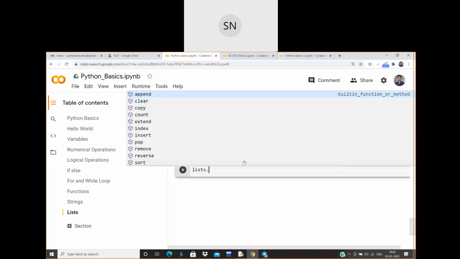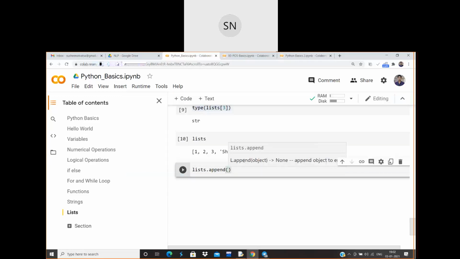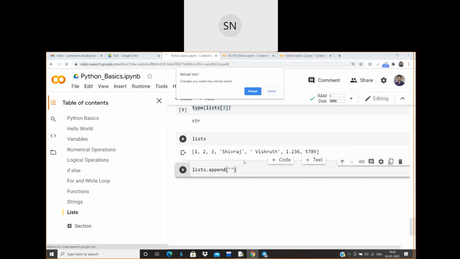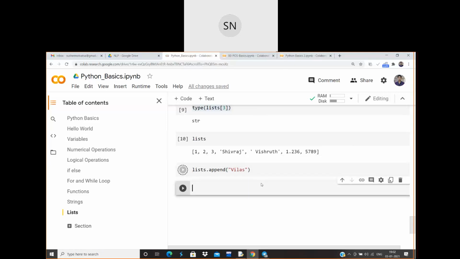So I will be using list dot append of the value that you want to put in the list. Say for example, I just want to put some other names in this. So let me put a last name over here. Okay, if I execute that one, yes, the Vilas name will be included in the list.